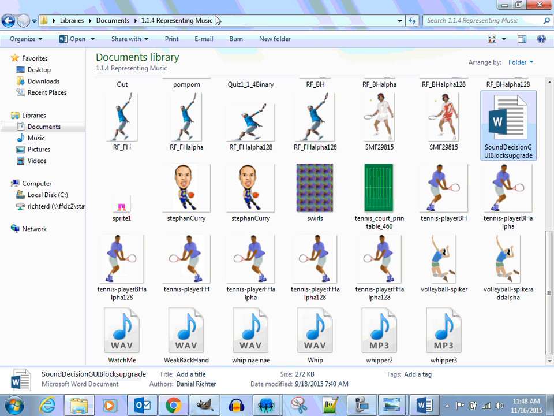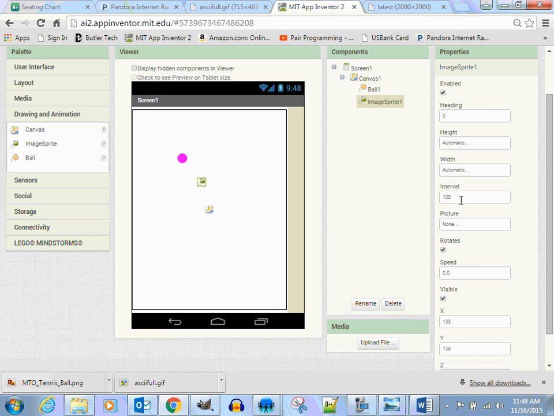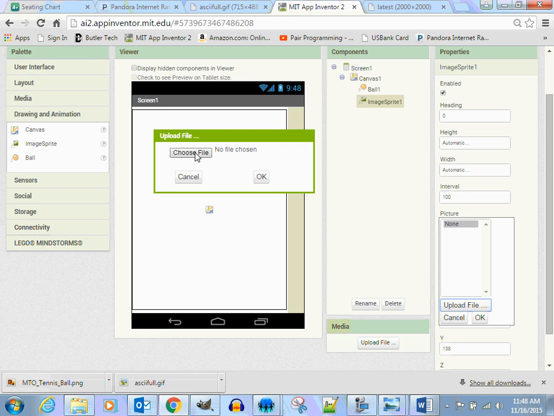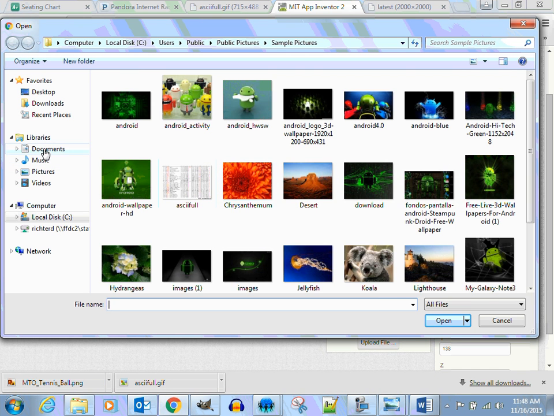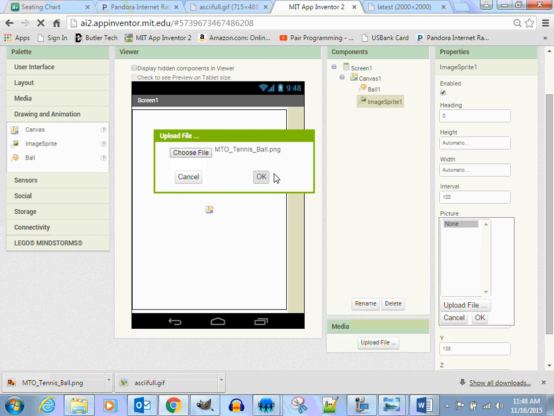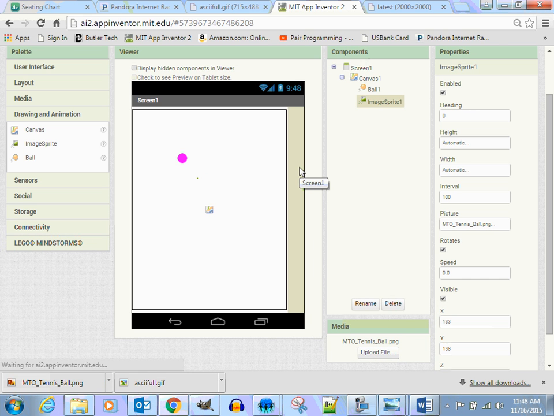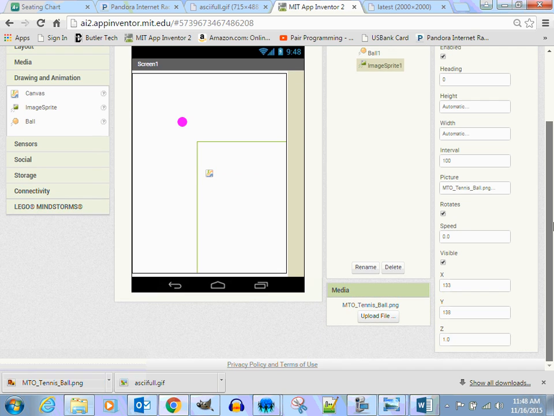then I can go to my image, and I can go ahead and upload the picture. And now, I mean, we have a ball, but now it's actually a tennis ball. And there it is. I'm going to upload that. Hit OK. And now you've got a nice looking tennis ball here in the page. It may be large, so what you may need to do is go ahead and click on that image sprite, and notice it has an XY location,